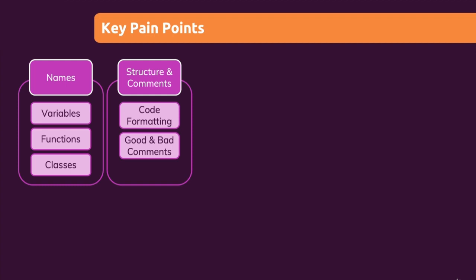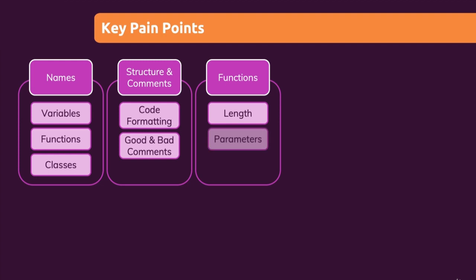Another key pain point, another important area, which we'll have an entire section on in this course, will be functions. There, it's about the length of the functions, so the amount of code in the functions and the kind of code inside of a single function, and the number of parameters a function takes. As you will learn in this course, functions are also one of the key things that leads to bad and dirty code, and therefore knowing how to write good functions is a key skill, and you will get it in this course.